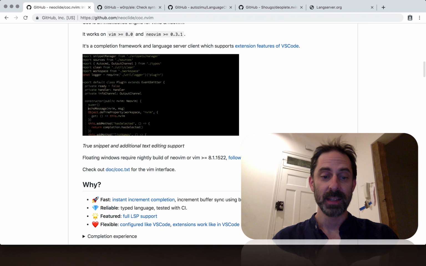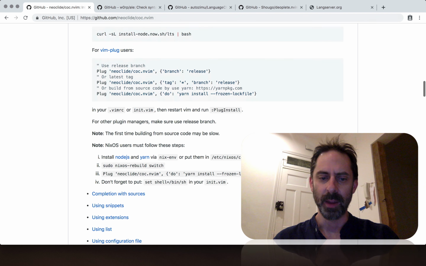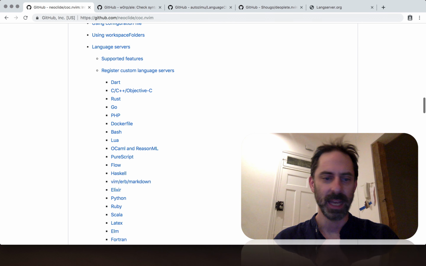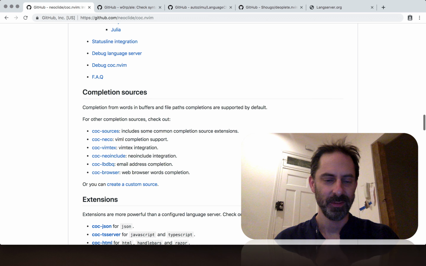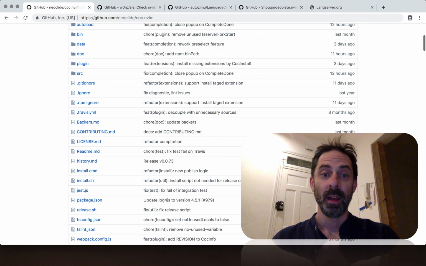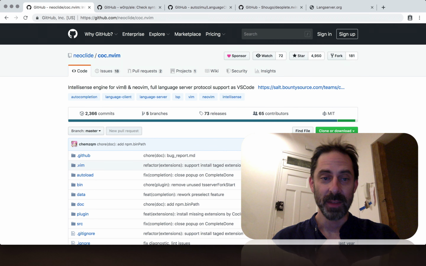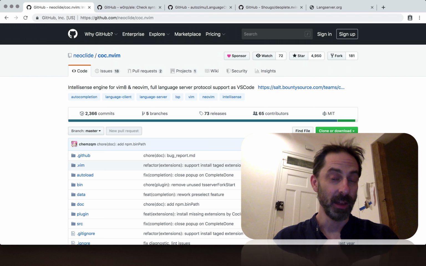But a lot of people love this, and it seems to be like a batteries-included kind of thing, where if you install this, you get into this whole ecosystem of custom coc functionality, as you can see here. But as I said, I don't really want to talk about this plugin concretely. I want to talk more about the abstract, which is that there are other plugins out there that use the